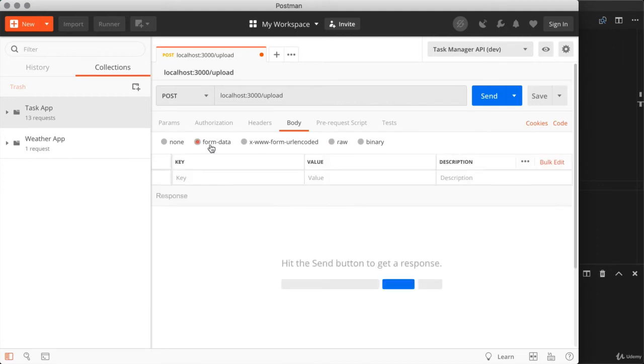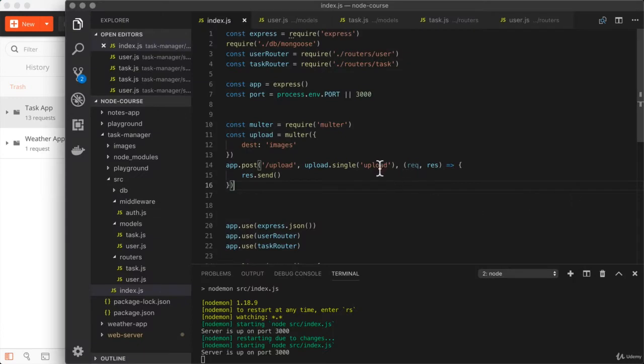This is where we can specify the binary data for a file, whether it's an image or something else, that we want to upload to the server. Now, right here, we are greeted with a series of key value pairs. We could have one or we could have multiple, and this is where we provide the content we want to upload. Now, the key you type in needs to match up exactly with the value you provided to single over